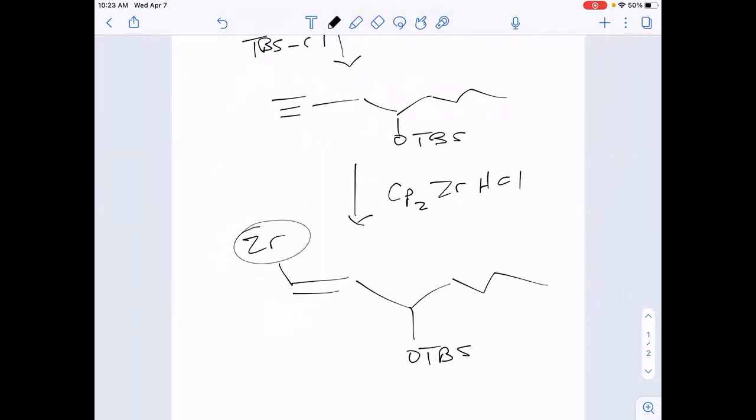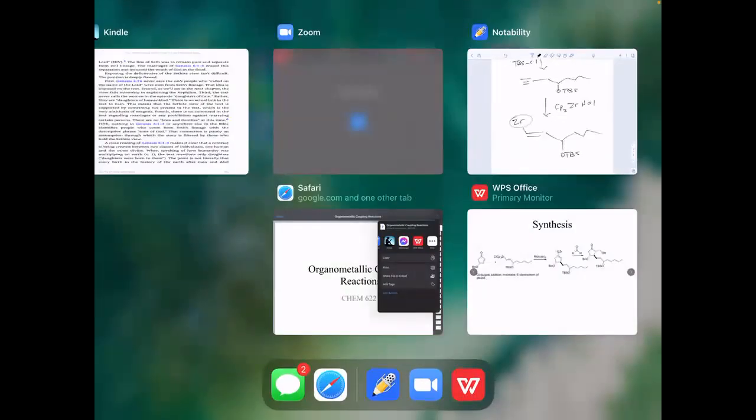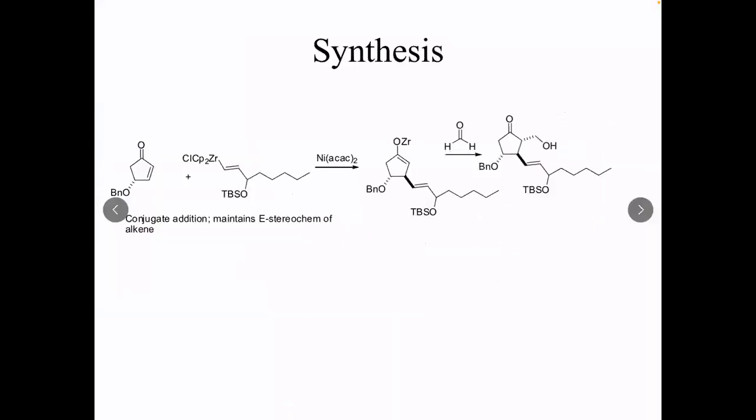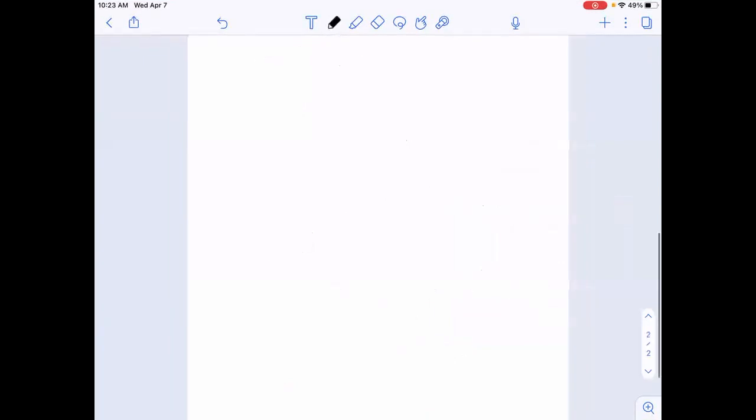And so when you look at that, again, that's the application of that technology, because those vinyl zirconocenes, you have to start with an alkyne, right? You cannot start with an alkene because, again, once you add the zirconium across the alkene, it's going to walk the chain and continue to do beta hydride elimination down that chain, right? So when we look here, again, we start with the vinyl zirconocene and we add that into here through conjugate addition, right? And let me give you a little bit about what that is, the conjugate addition,